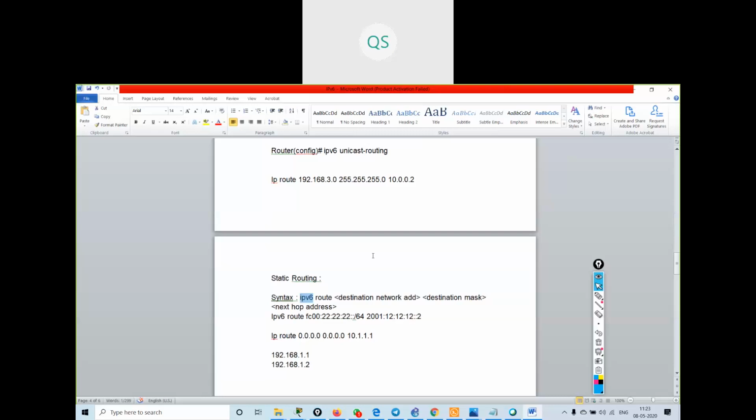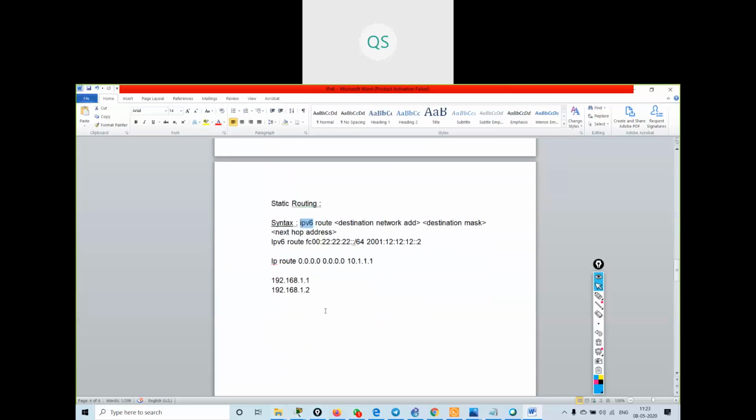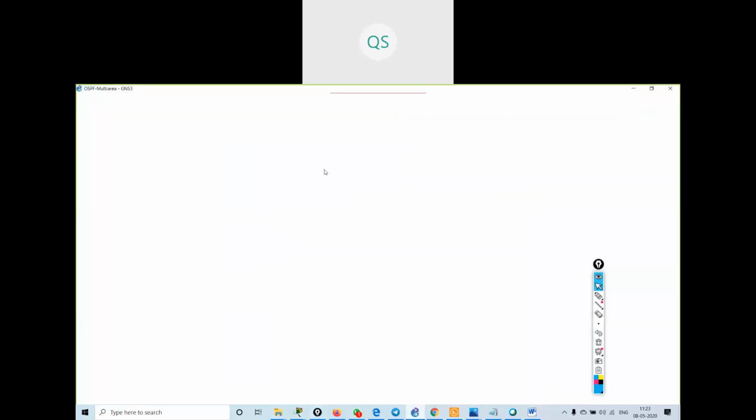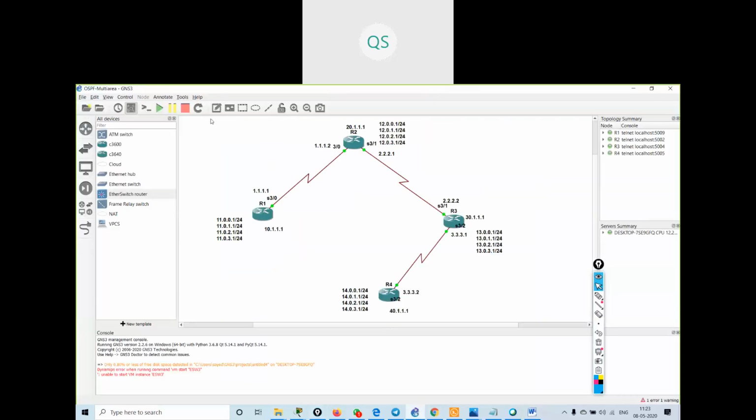Understood? Destination network address, destination mask, next hop address. If you want, we can see a small practical about this.